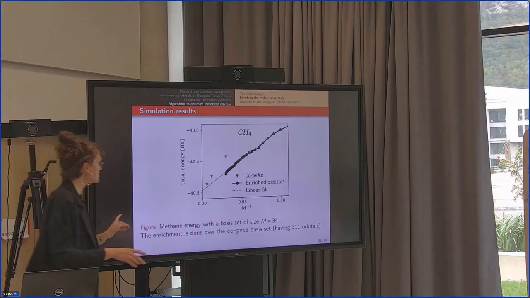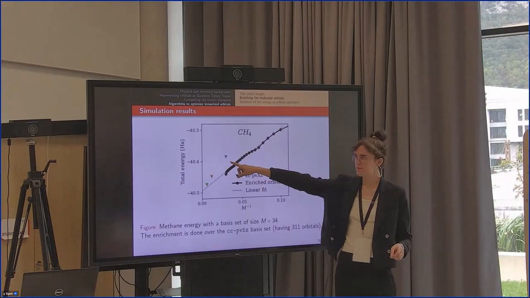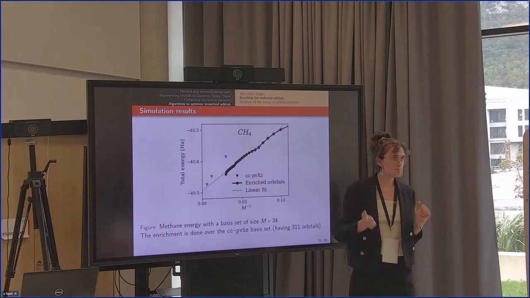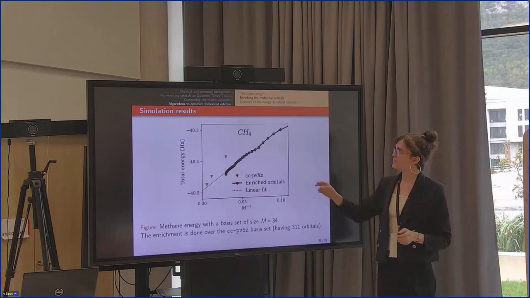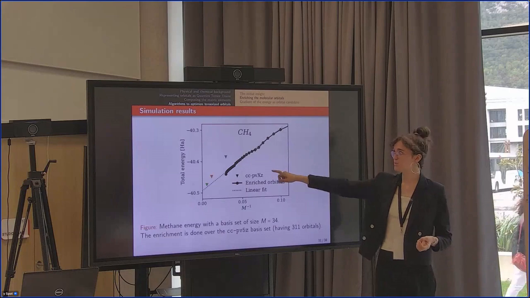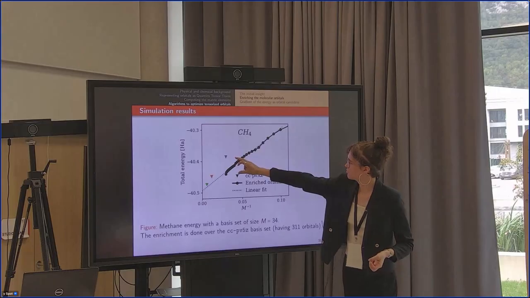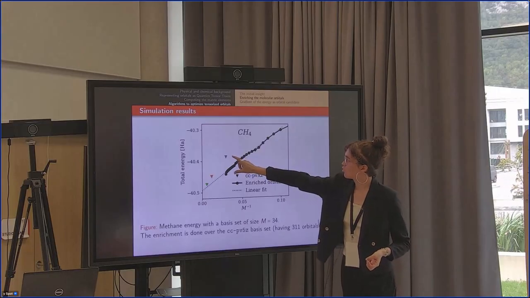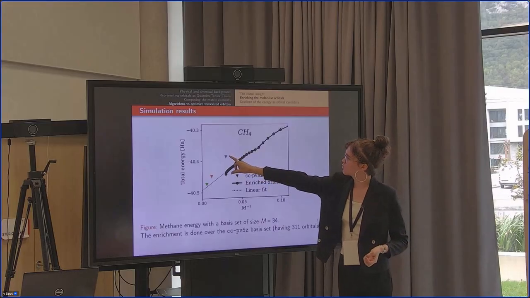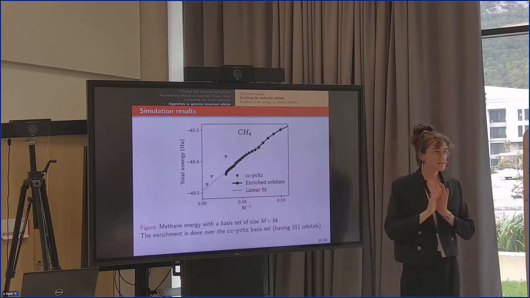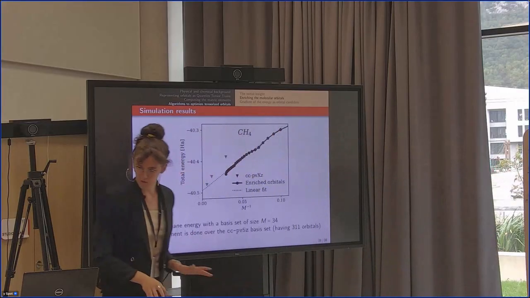I chose 34 simply because this means that I have a basis set with the same size as the blue one. So the simple basis set defined with Gaussians, but of poor quality. I have the same size, but I have an accuracy that's much better. I gain almost 500 milliards compared to this basis set, but staying at the same number of orbitals. This means more accurate, but not more expensive.